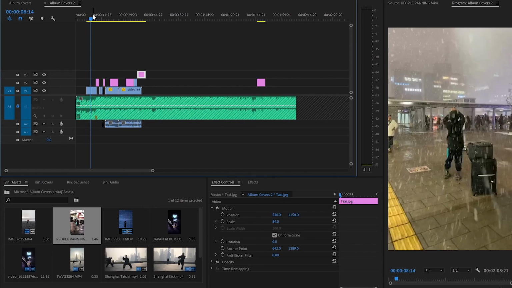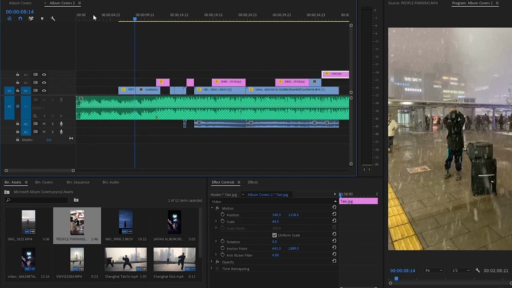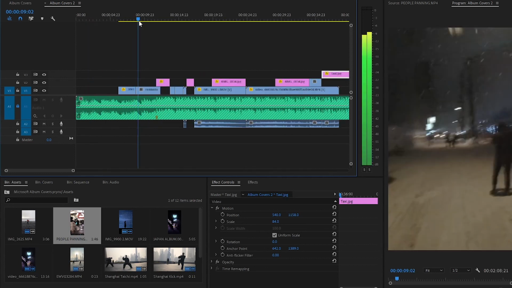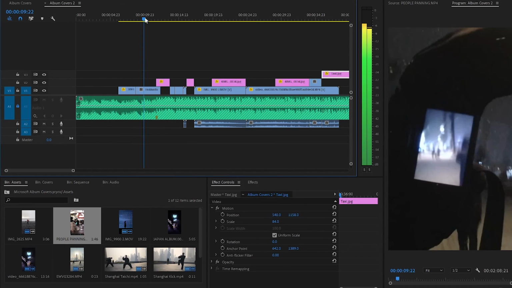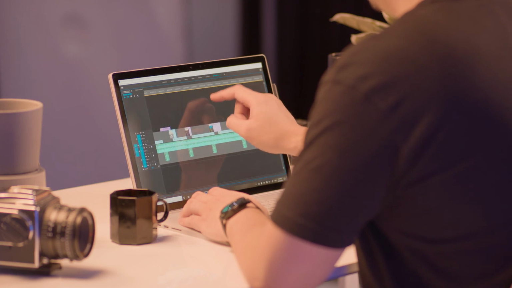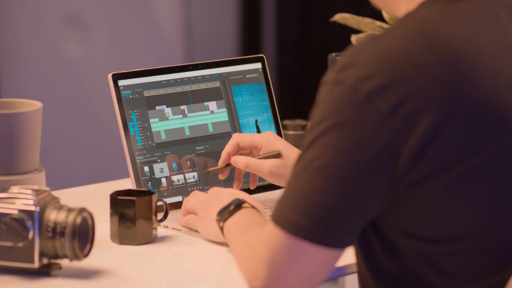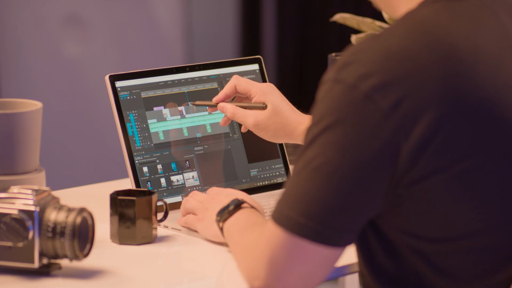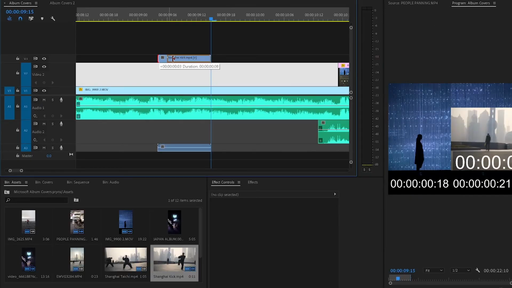So after you've dropped all these photos and videos into place, you want to play around with the timing so the music matches the video. It's important to feel it out, to get a good feeling of when the beat hits, so you want each photo to hit at the right time. The touchscreen is quite convenient to pinch and zoom into your timeline and move around so you can see where you're scrubbing. You can get more precise control of dragging and dropping your clips with the pen, and you can more precisely adjust the length of the clip with the pen.